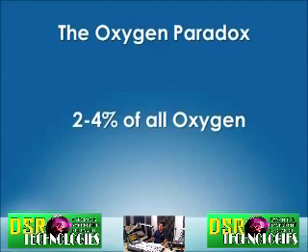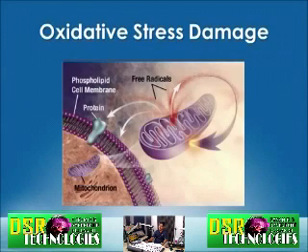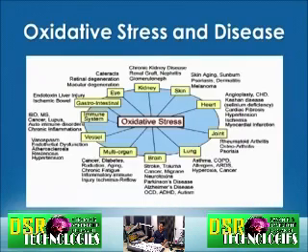Another interesting thing to note is that human athletes on average live 10 years less than normal humans, and this is all because of the increased oxygen consumption that leads to production of free radicals. So oxidative stress damage happens from inside the mitochondria and starts to damage the mitochondria itself and outside, and it spreads to the different parts of the cell and causes a cascade of damage. So, oxidative stress and disease.